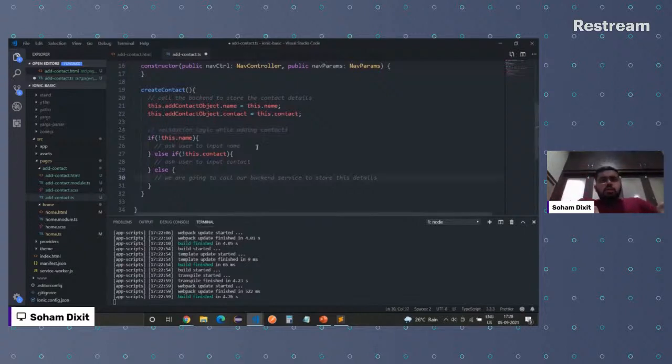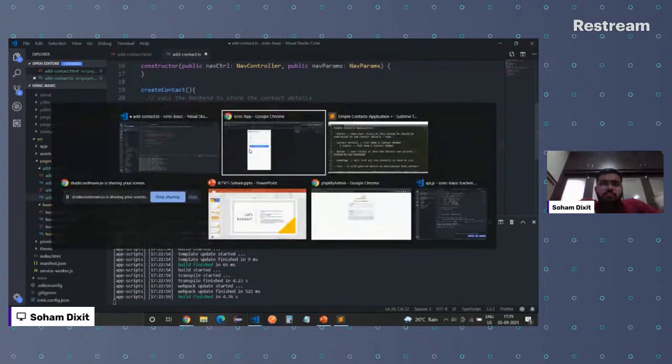That's my suggestion. So when I think of building a mobile application, when I say ask the user to input a name, think of the applications you have on your mobile. For example, in WhatsApp, if you try to send a media file greater than 16 MB, you get a box saying the media file cannot exceed 16 MB. If you try to forward a message to more than 5 people, you get an alert message saying you cannot send a message to more than 5 people. So let's try to have that alert in place over here.